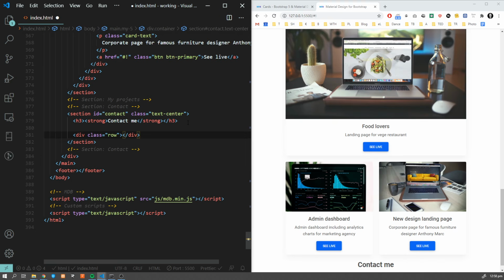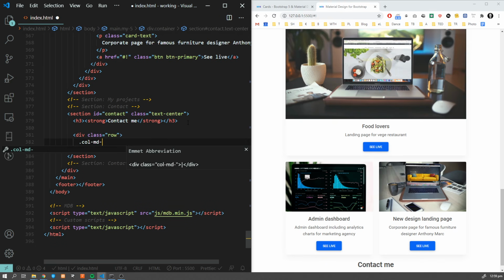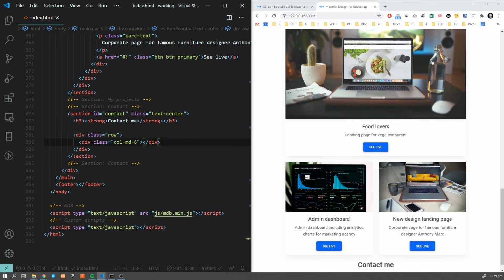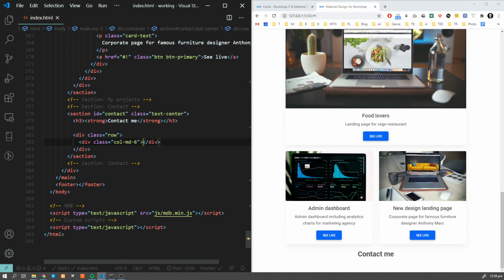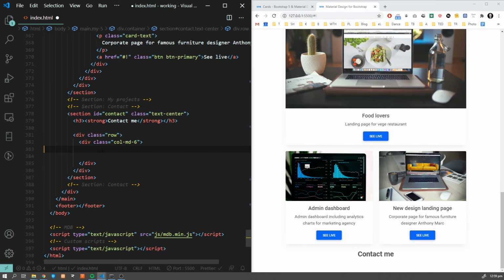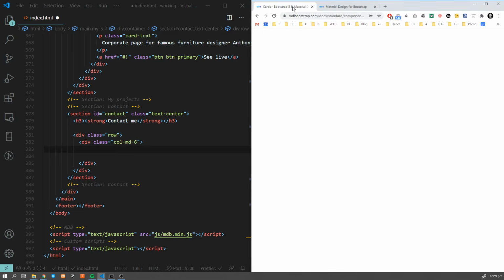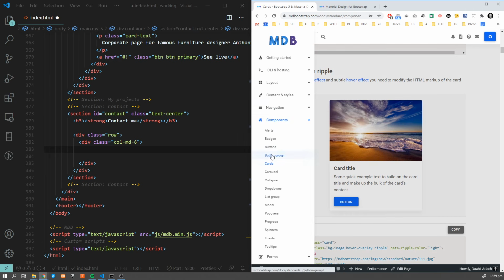Let's add row. Let's add some column. This time we have only single column. And let's add some form. I'm gonna show you how we can center this column, because by default these columns are aligned to left, but that's in a second. Before that, let's go to forms,